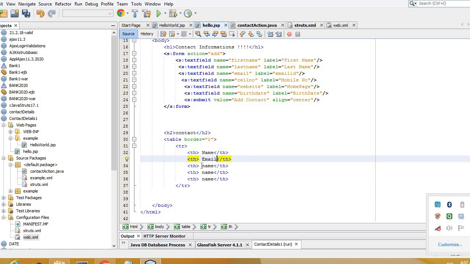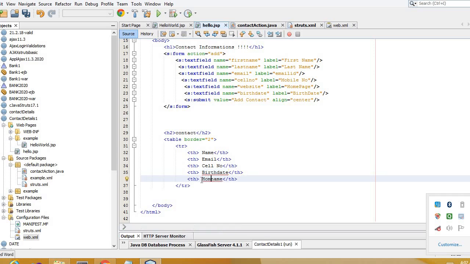After that it should give me cell number. After that it should give me birth date. After that it should give me home page. Right, so this is our first table row.